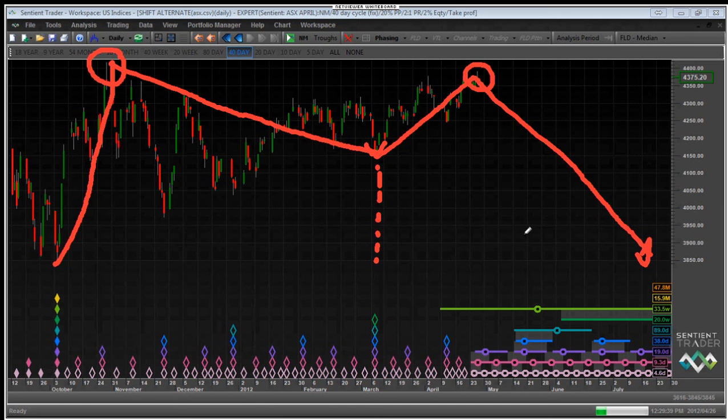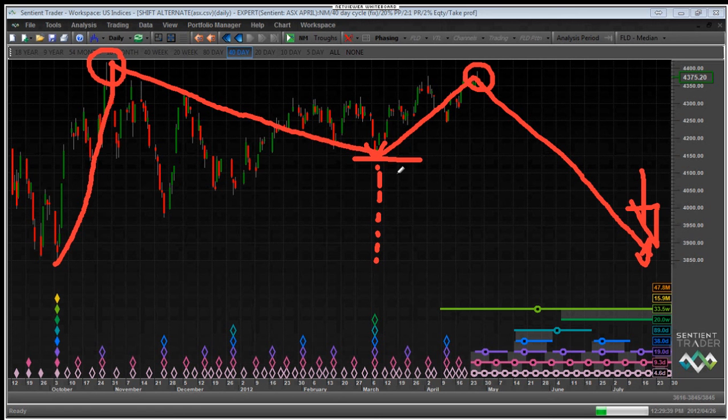Okay, but nevertheless, we are expecting it to form quite soon, because that will still make it an early forming peak, and then we're expecting price to move down towards the trough of the 40-week cycle. Now, in this particular case, of course, we're expecting the trough to go quite a lot lower than this intermediate trough over here. So generally, we're looking at a fairly bearish picture unfolding in the Australian markets.